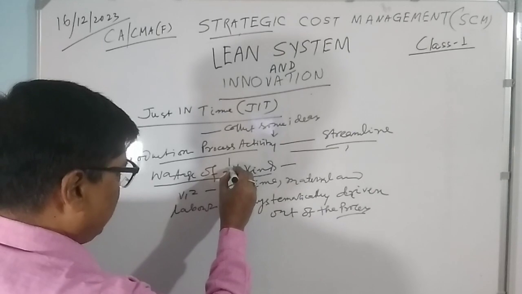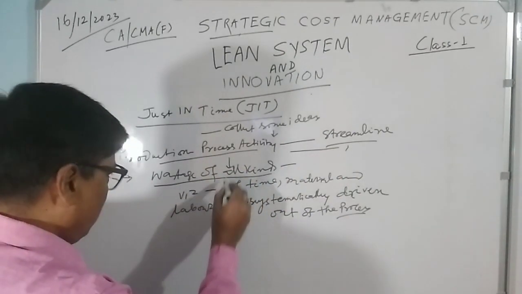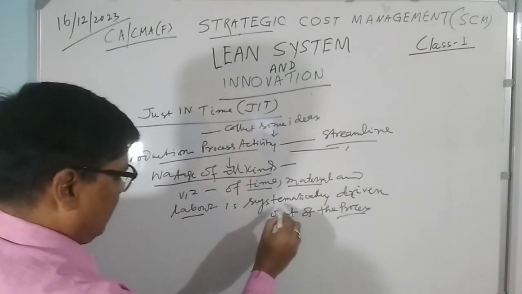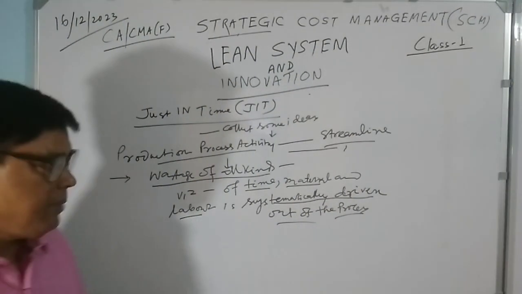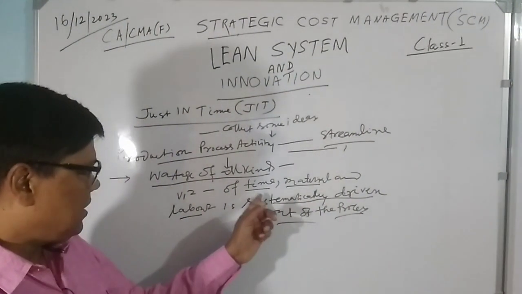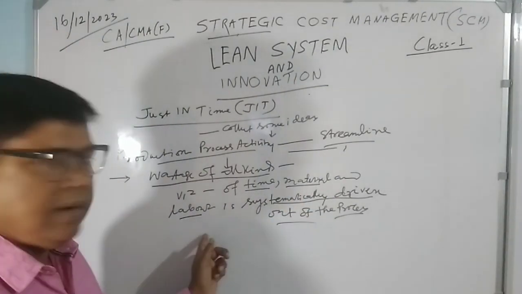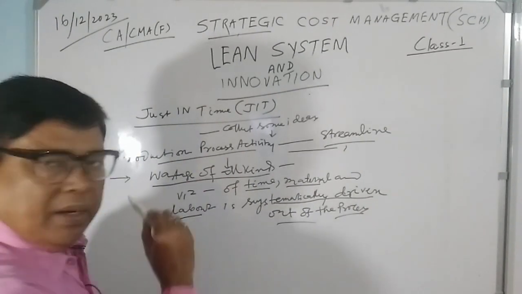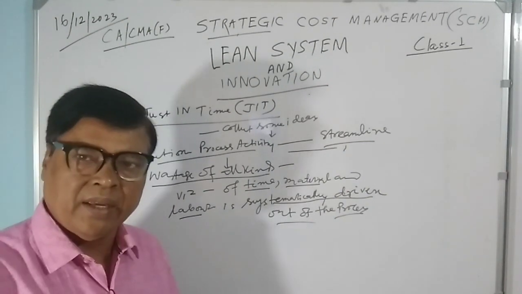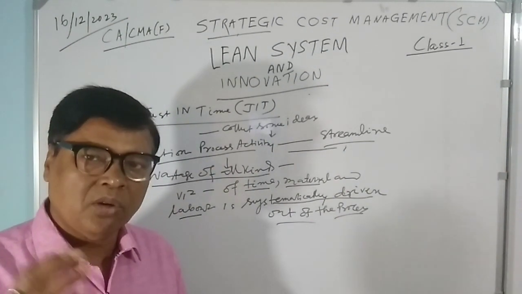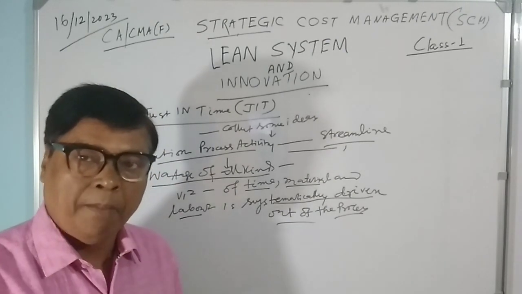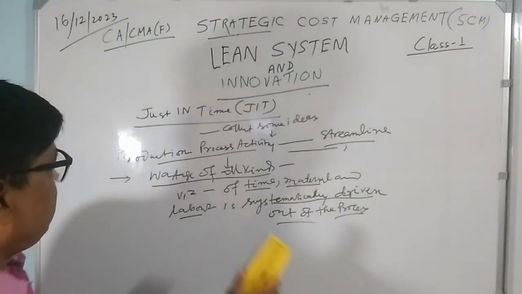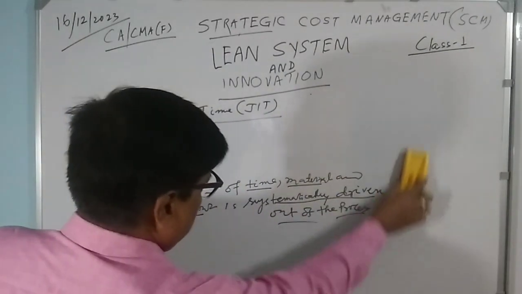So after streamlining the production process, wastage of all kinds, that is time, material, and labor, is driven out from the process. So all these wastages in time, material and labor. These are the basic components of your production process: your material, labor and time. These three things, if you streamline them, definitely your cost of production will be reduced and your value engineering concepts will come. You can get a quality product. So these are the basics of the just-in-time concept idea.